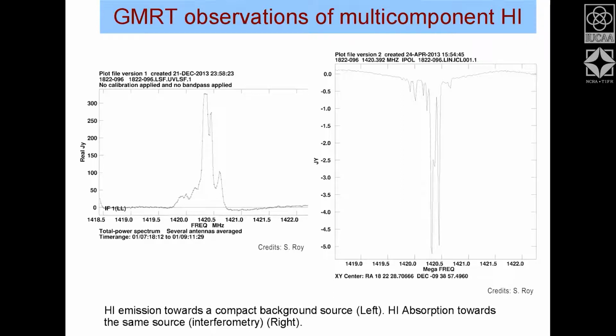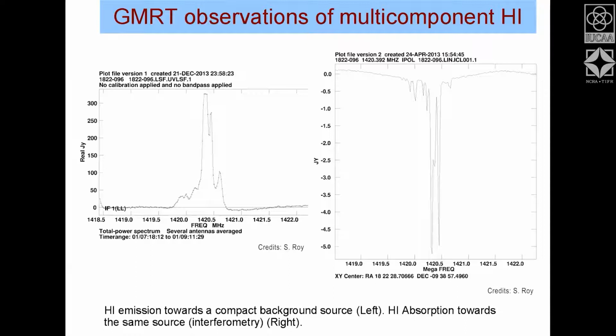So anyway, leave that aside where the line is expected to come. The main thing to look at here is that this line is not very narrow. You can compute the line width equivalently using the Doppler shift formula. This line width is pretty high. You can see that the emission starts from around 1419.7 megahertz or so, and it goes all the way to 1420.7 megahertz. So the line width is almost 1 megahertz.